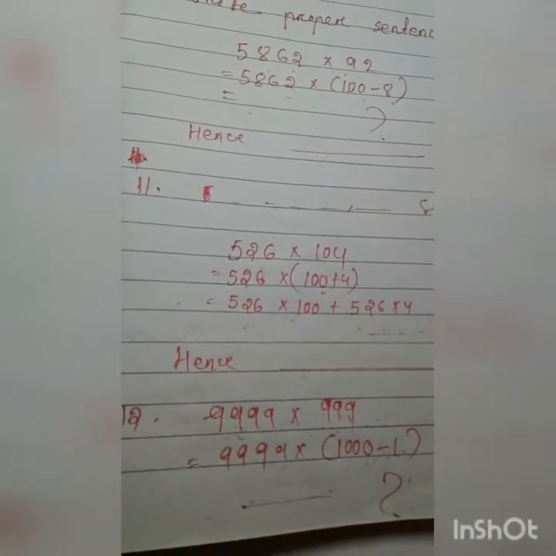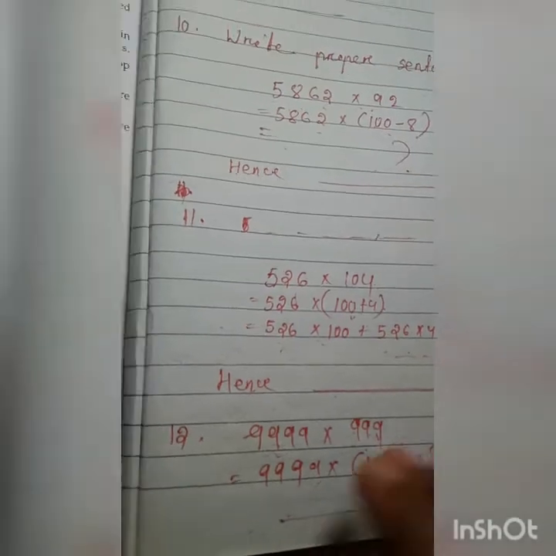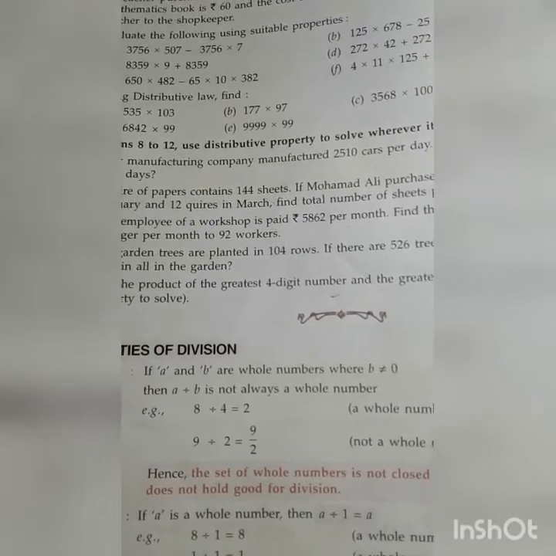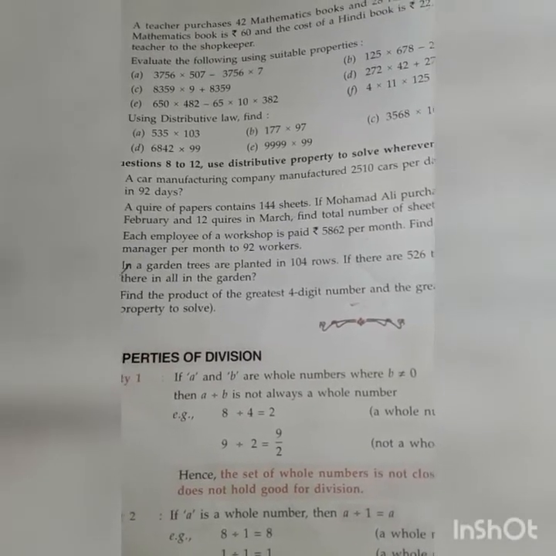So like this you complete your exercise up to 12. This is your homework. You complete it at your home. Before that, first you follow all the examples, read the question properly, see the numbers properly and follow all examples.